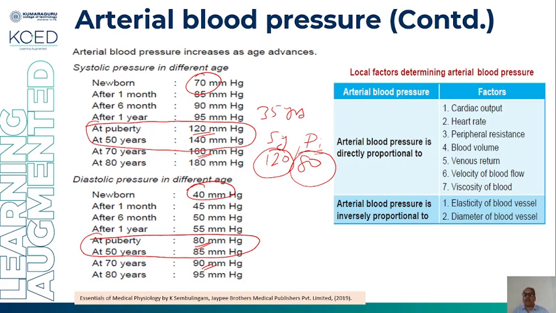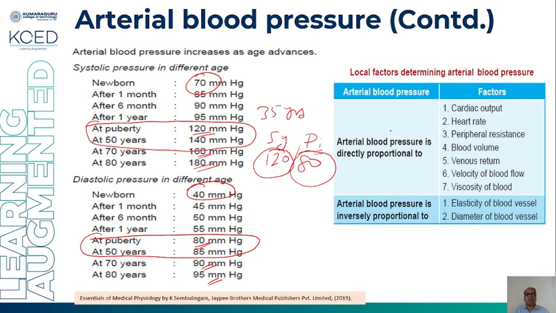For 80 years, 180 mmHg can be accepted as normal systolic and 95 as normal diastolic. So the condition is 120/80; this normal blood pressure applies till 50 years. Beyond 50 years, the systolic as well as diastolic pressure will change. Now, what are the factors that can